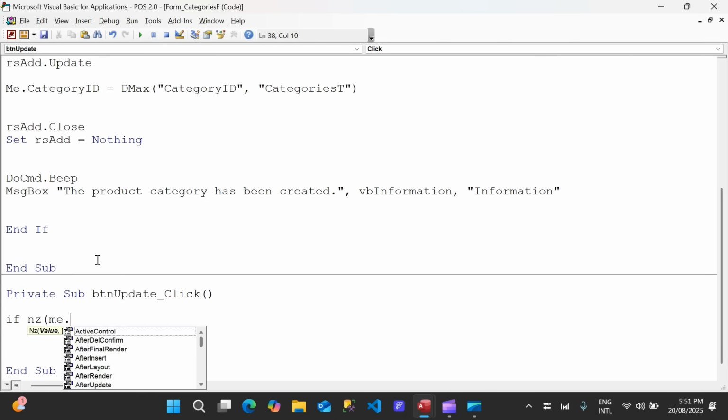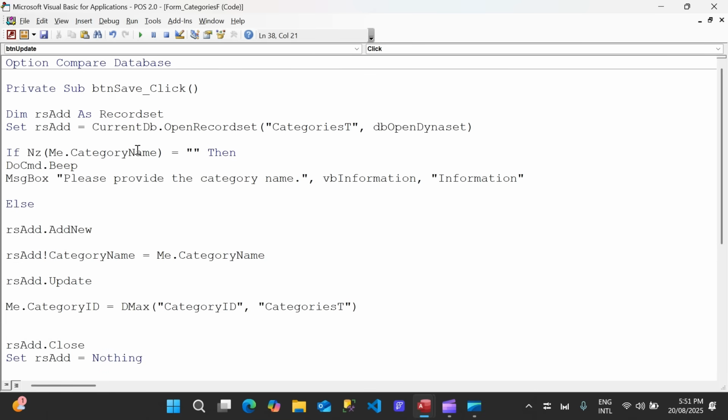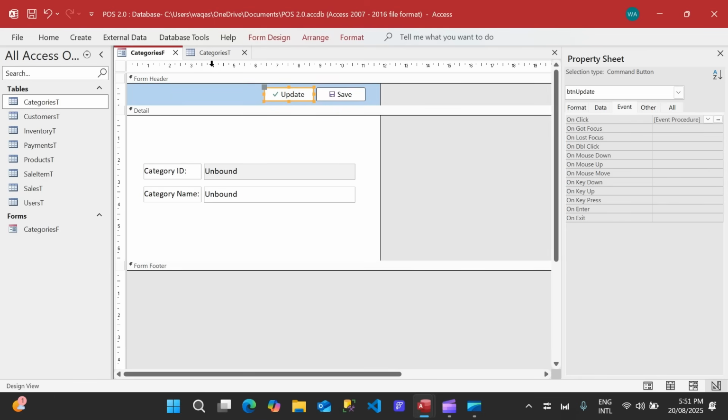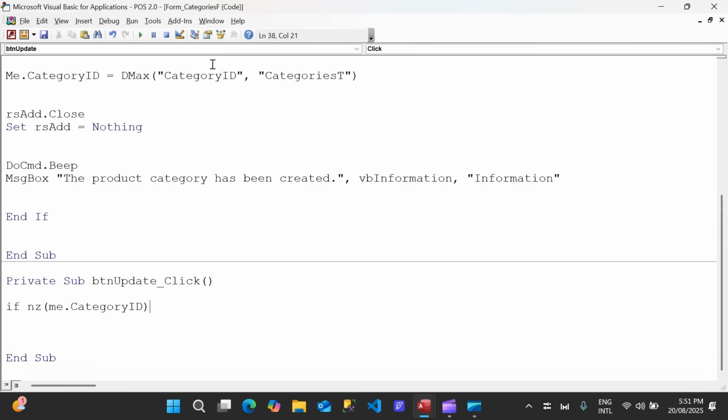Nz(Me.CategoryID). In the previous one, we were looking at category name, but here, because we're updating the record, we need a record unique ID, which is category ID, to look for in the database and make the changes that the user intends to make. So that's what this line of code will do. So we'll say if it is equal to empty,